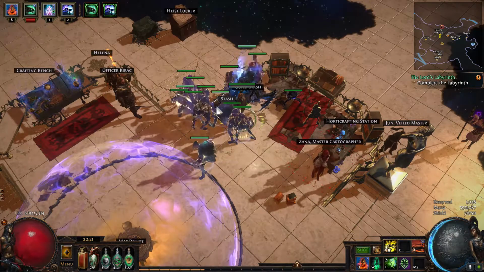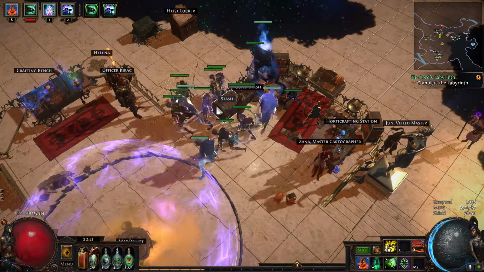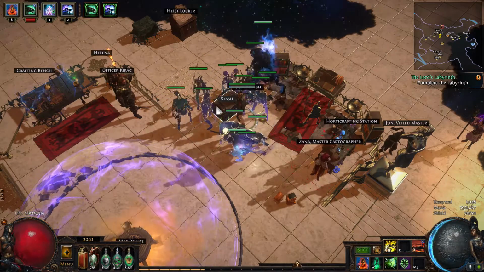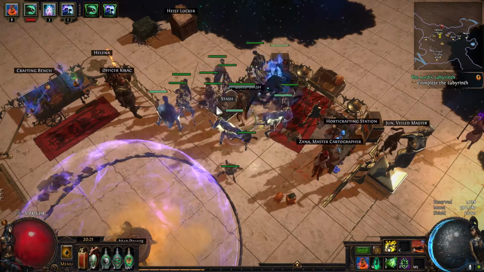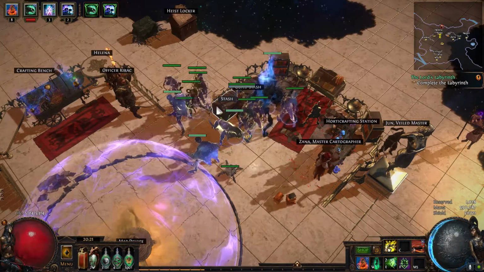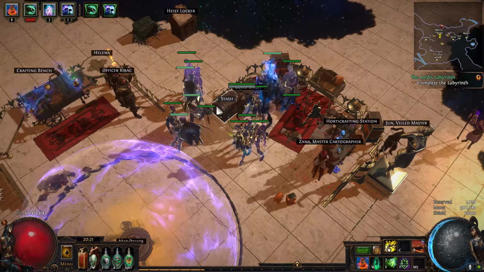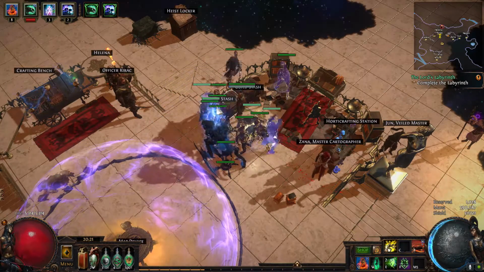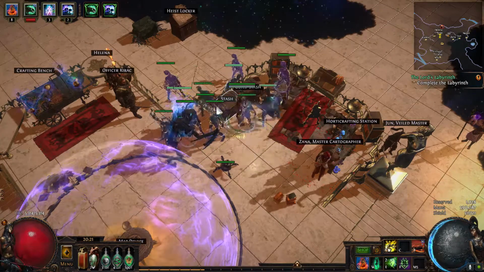Now this build right now as I am playing it is a very scuffed version. I spent about 75 chaos on it, and this is clearing T16s on Awakener 9 like breeze through. I'm not gonna be saying breeze through, but it's clearing really well, so I will be working on this, and